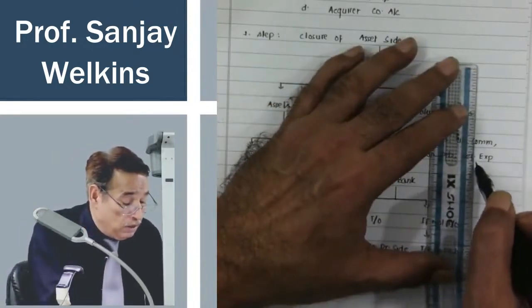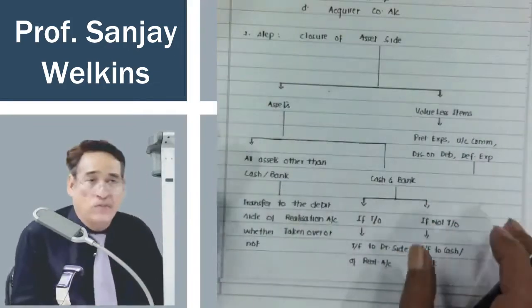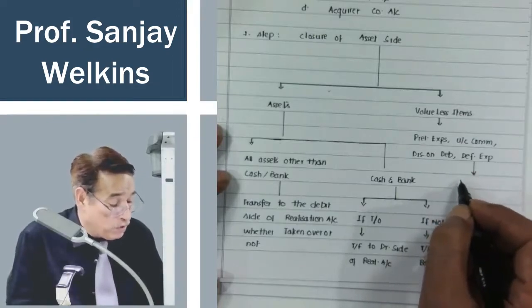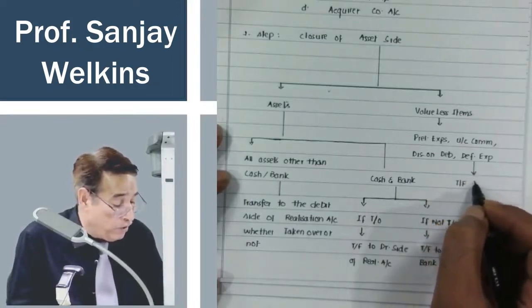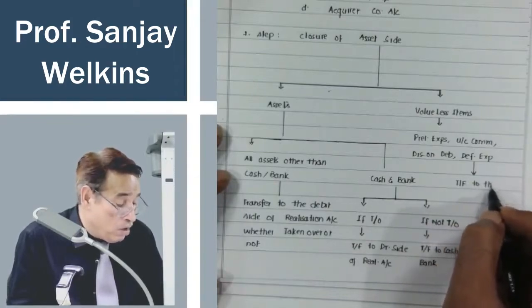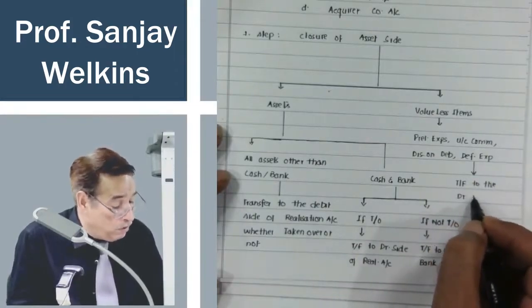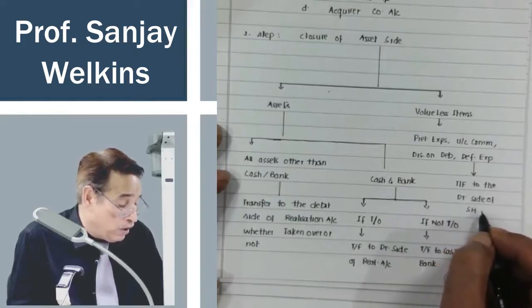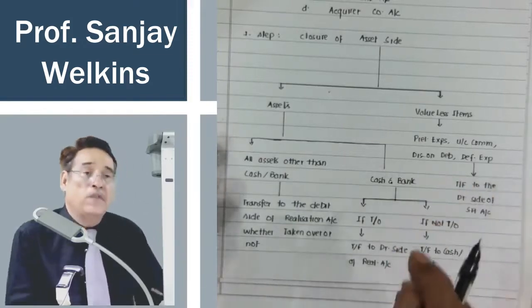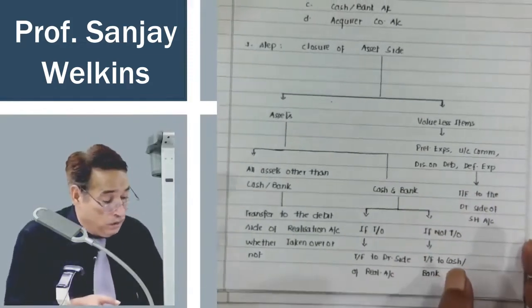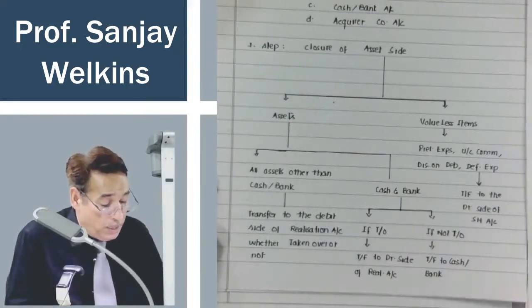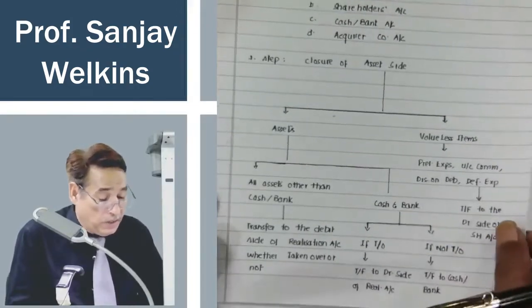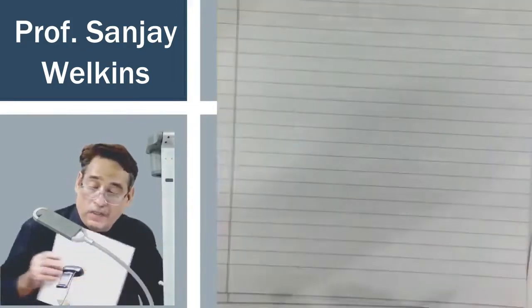So who will bear these types of losses? Technically speaking, these items are nothing but losses. So losses will be borne by the owners. Owners are shareholders. So you will transfer all these items to the debit side of shareholders account. This is how you are going to close your asset side. Is it clear to you or not? Yes, sir. After closing down your asset side, all your items of asset side will get closed.